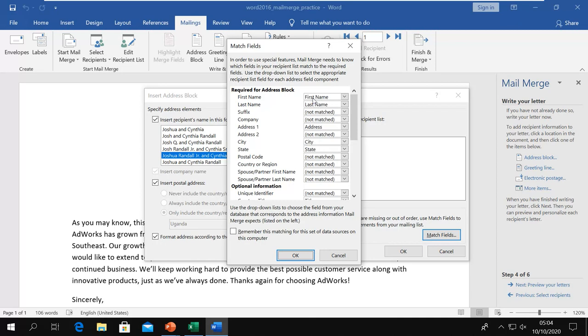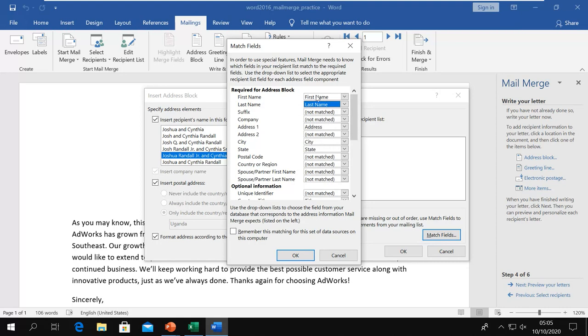Like in your file, is first name first name, is last name last name? So you can select, these are the options of your file which you uploaded. So these are the file headers of our imported list, and this is what Word understands.